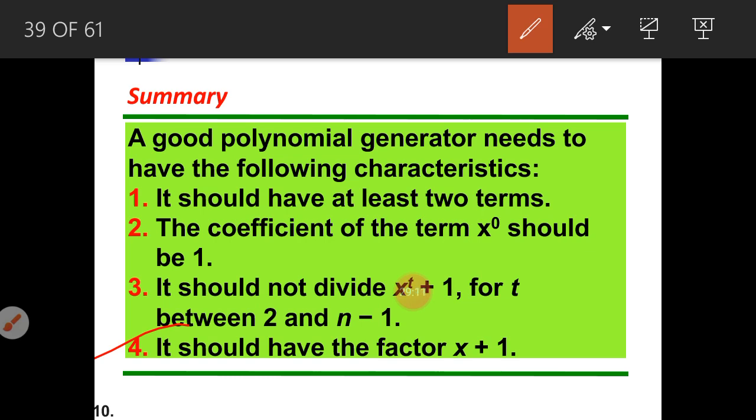Single bit error: how we can represent it in polynomial form, and what generator we have to use to detect the single bit error. Next is the 2 isolated errors: how we can represent the two single bit errors in the following form, and what generator we need to use to detect those two single bit errors. And next is the odd number of errors. If you want to detect the odd number of errors, the generator, or the divisor, must have an x plus 1 factor.